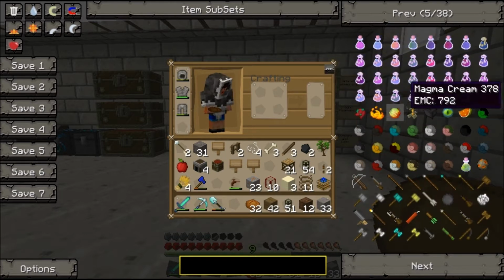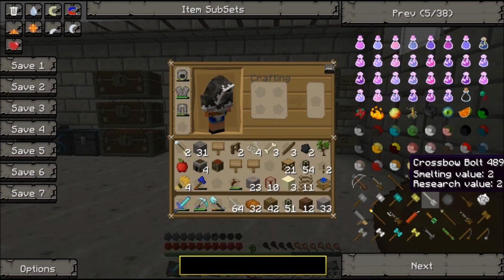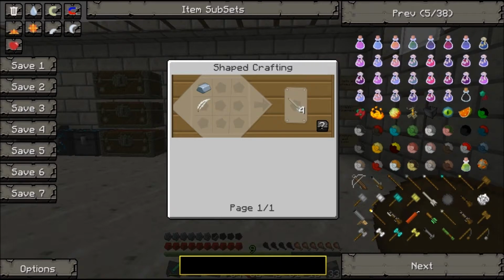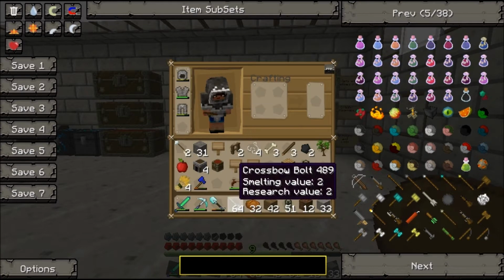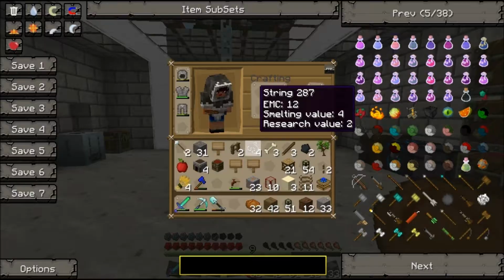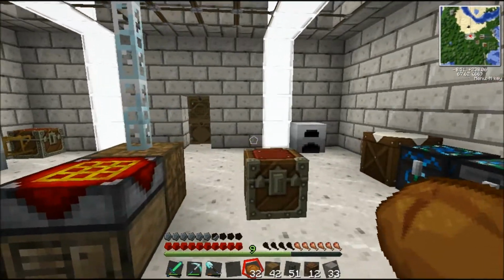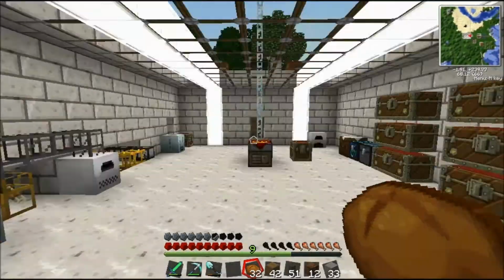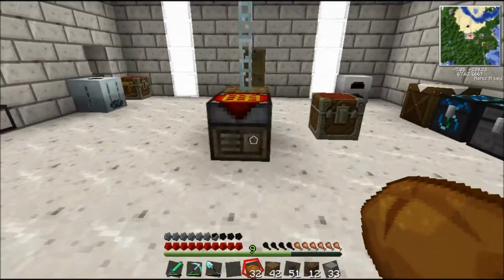But, let's find something. Yeah, if I click on that and press R, it brings up the recipe for it. So you can figure out how to make it. And I've just given myself those crossbow bolts. That's because you've got the cheat mode set on at the moment. I'll turn that off. You can turn it off from a menu as well. Yeah, there's loads of options and stuff like that, but...